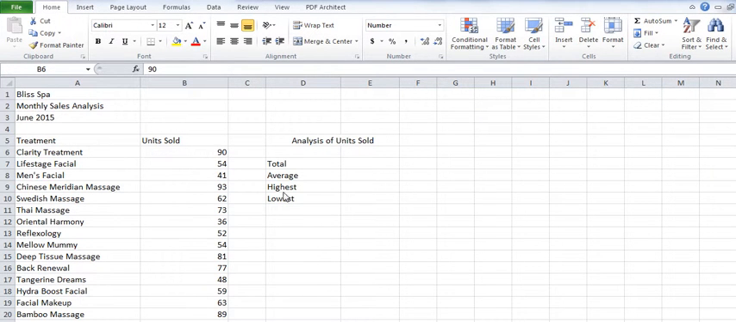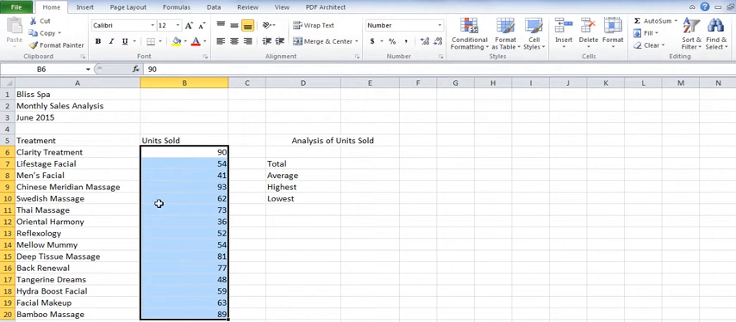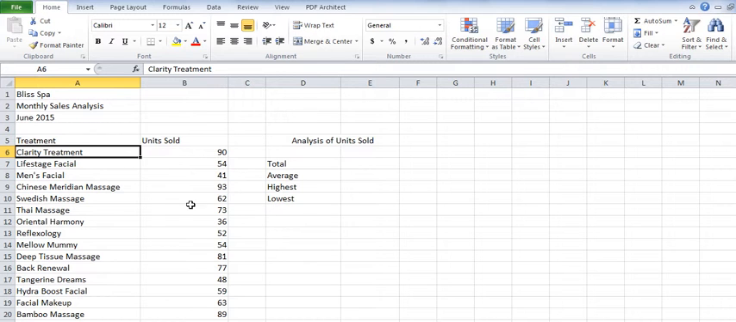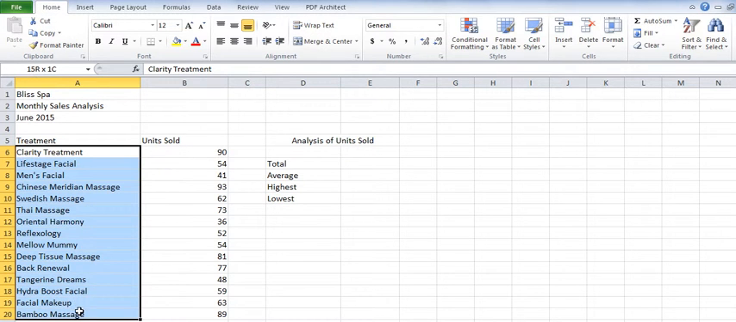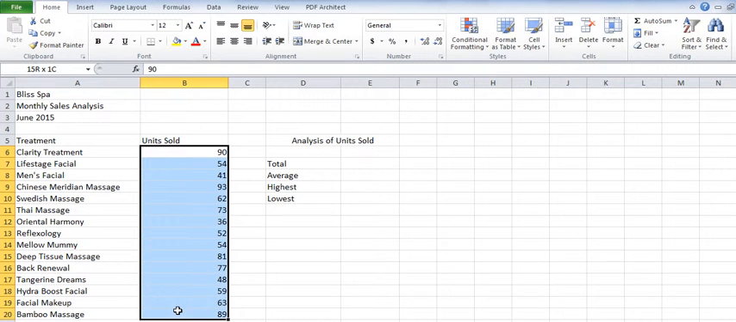Exercise 2-2. In this exercise, we're going to use Excel conditional formatting to show any cells here whose value is greater than the average unit sold with a different background color and a different text color. As you can see, these are the figures for the Bliss Spa. These are all of their treatments, and for each treatment, we have the number of packages sold. So we just want to show any unit sold greater than the average with a different background color and a